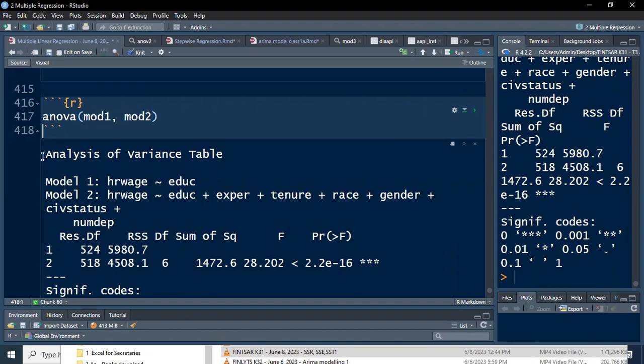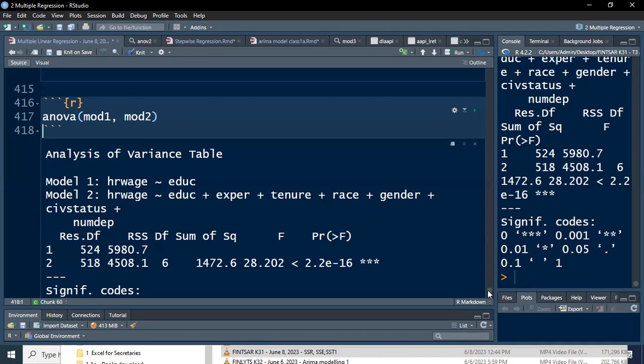So remember, the null hypothesis is always the restricted model is better. Or, another way to put it is, tingnan nyo yung mga dinagdag natin na variables. B2 is equal to B3 is equal to B4 is equal to B5 is equal to B6 is equal to B7 is equal to 0. That's our null hypothesis sa ANOVA na to, no? Bakit? Kasi gusto natin matest kung yung dinagdag ba natin na predictor, si B2 hanggang B7 hanggang number of dependents,